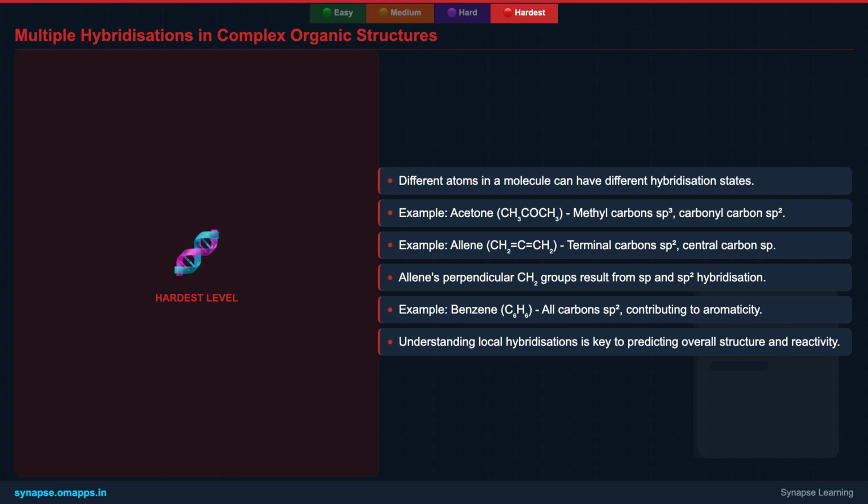Another prime example is benzene, C₆H₆. Every carbon atom in the benzene ring is sp² hybridized, forming 3 sigma bonds, 1 C-H and 2 C-C bonds within the ring. The remaining unhybridized p orbital on each carbon atom then overlaps laterally, forming a delocalized pi electron cloud both above and below the plane of the ring. This delocalization is the essence of aromaticity and gives benzene its exceptional stability and characteristic reactivity. Understanding these individual hybridizations is vital for dissecting the overall electronic structure and predicting the chemical behavior of such intricate